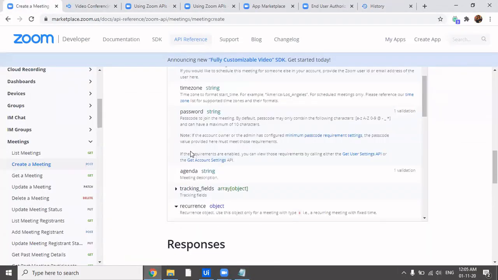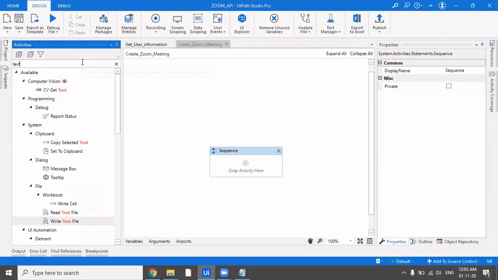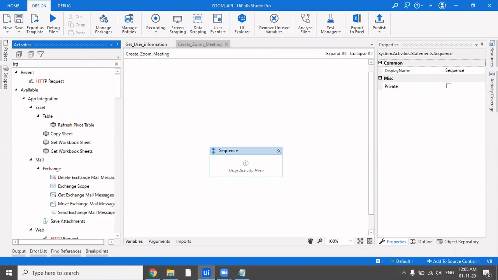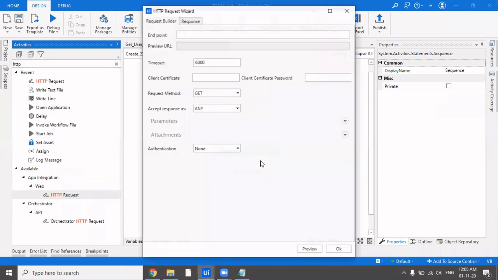So as you saw, if it's a user level app, you can obviously opt for replacing user ID with me. That's not something that I'm adding on my own. We just read in the documents that it's clearly mentioned. So let's do it that way. Let me mention in the endpoint here, and let me replace the user ID with me.